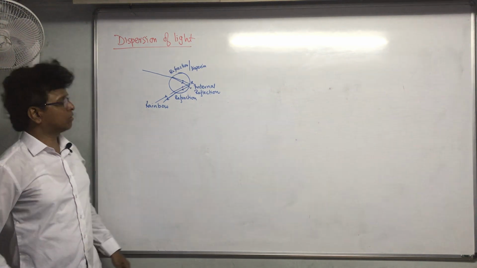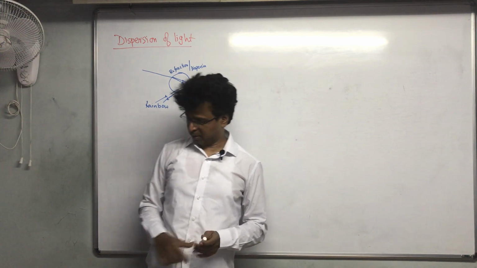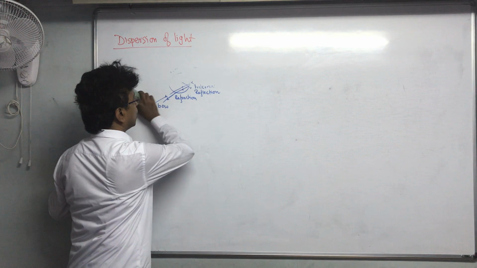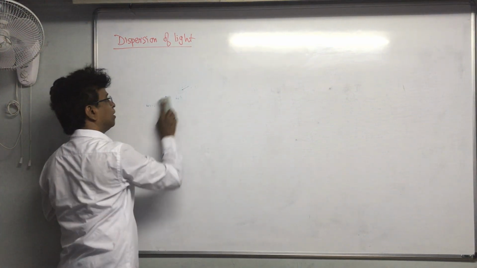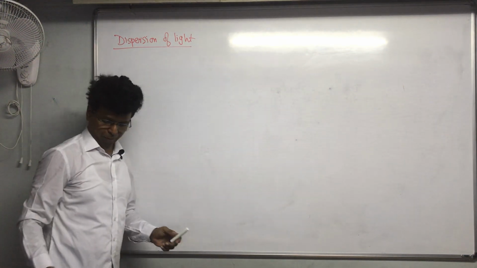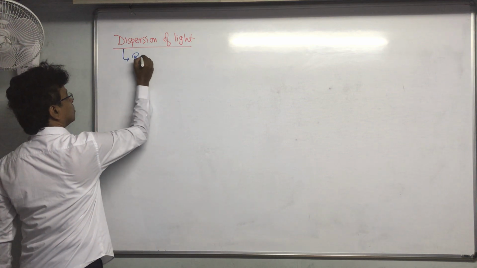Okay, my dear students, so this should complete the topic of dispersion of light. Then, of course, the rainbow formation is because of the dispersion of light. This you should remember. Afterwards, another very important topic. Of course, each and every topic is very important. Here you can say that this is basically rainbow.